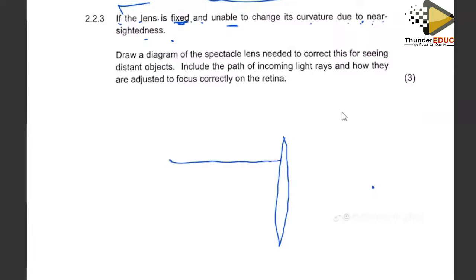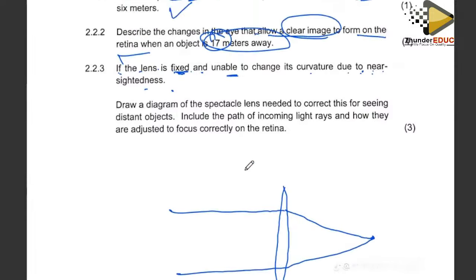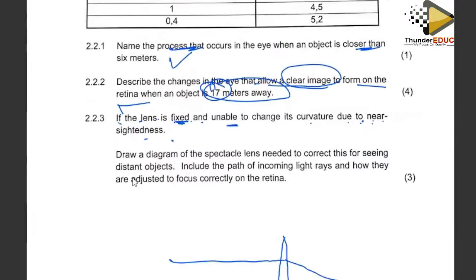For example, let me just draw it like this. The far object, you're able to come and then, yes, now you bring... let me read this question again because I don't want to bring wrong answers here. If the lens is fixed, unable to change its curvature due to near